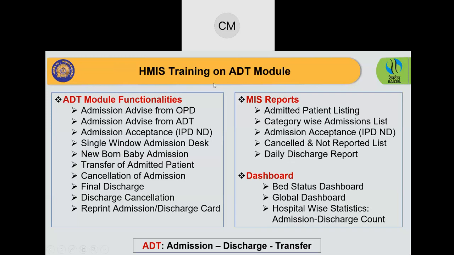Under the ADT module, we will see how an admission advice can come from the doctor in the OPD, and at the same time, the admission advice also can come directly from the admission desk, because sometimes patients might have to come directly to the admission desk during off-OPD hours, or due to urgency, emergencies also, patients can directly come to the admission desk.